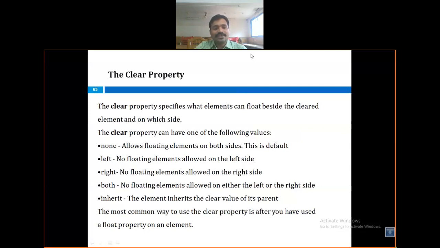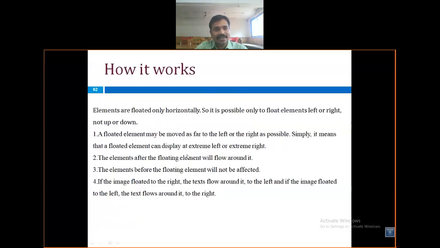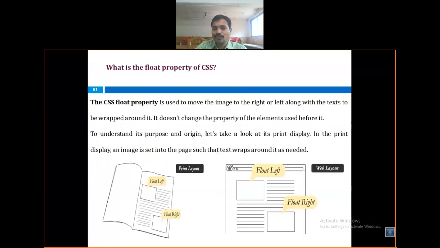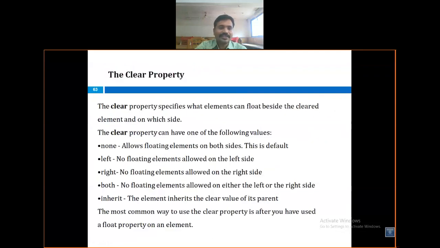Otherwise you can set the image where you want it and use it as a float element. If you set something, then you can set the clear property where you want to specify. Allowing the float element on both sides is the default.